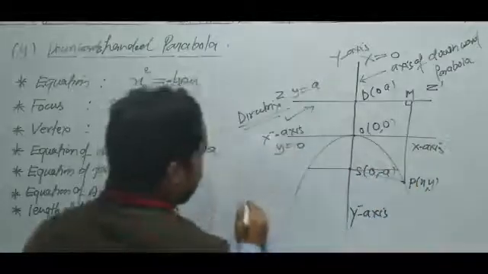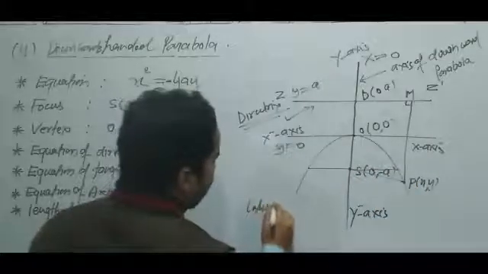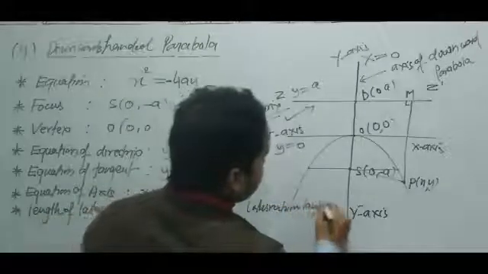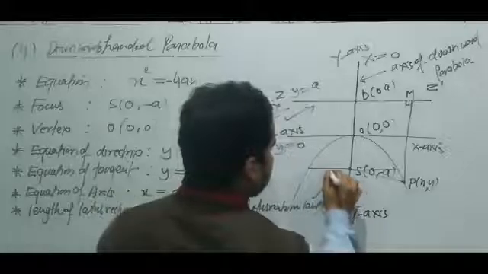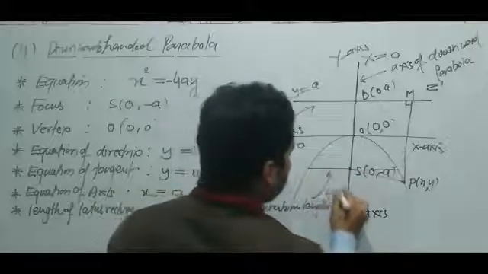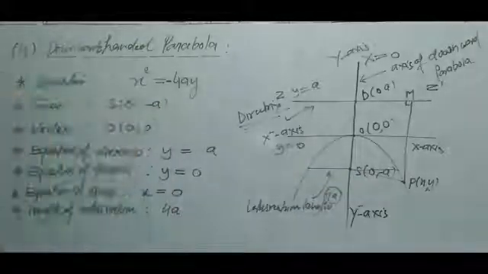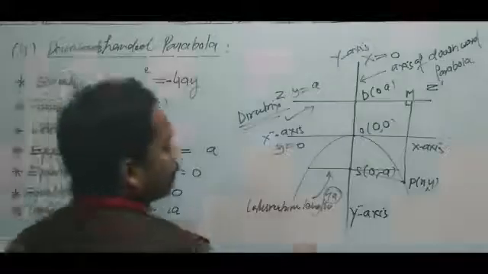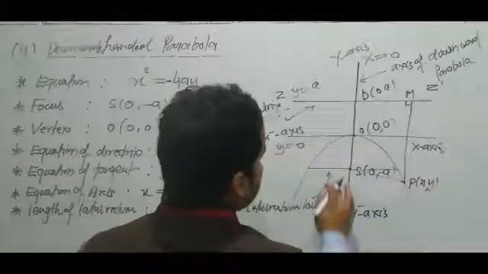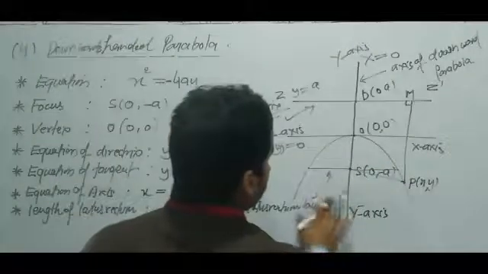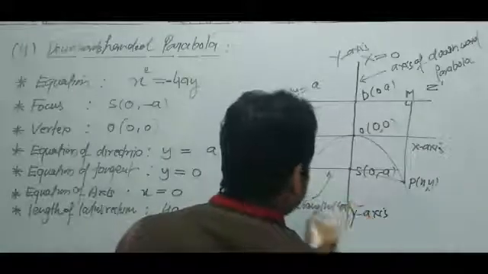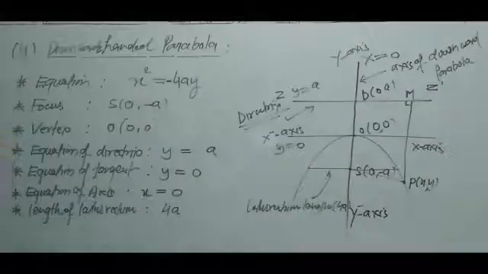So latus rectum length is 4a. Now see, this is the latus rectum and its length is 4a. Now see,